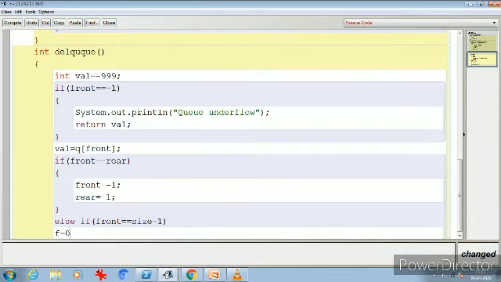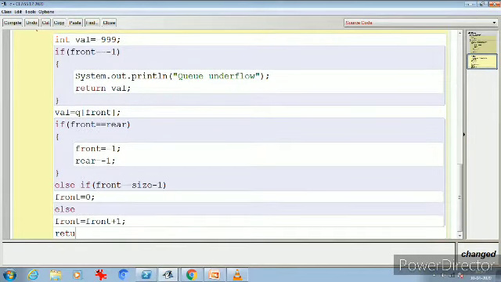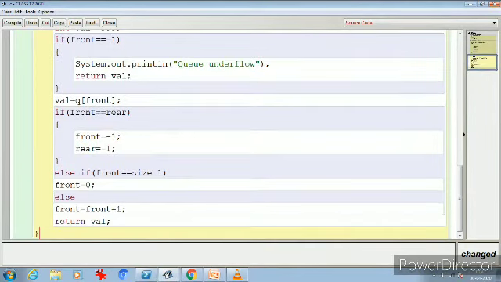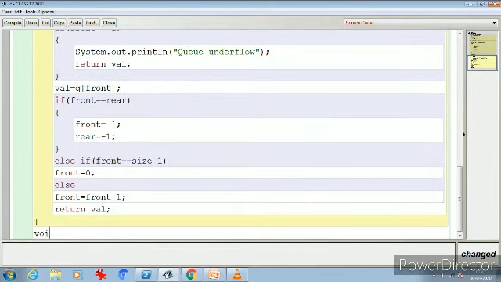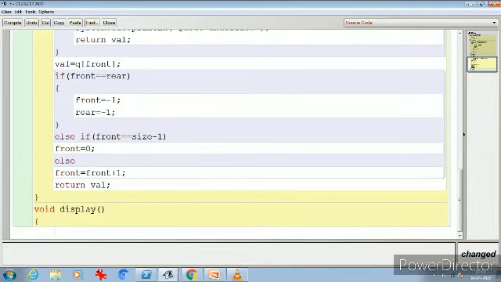After the front reaches the last position, it may be possible that the first two boxes have some values, so I have to make the front 0. Otherwise, front can be increased by 1, or front plus plus. At the end, we will return the val. So once I complete it, my part of delete queue is done.